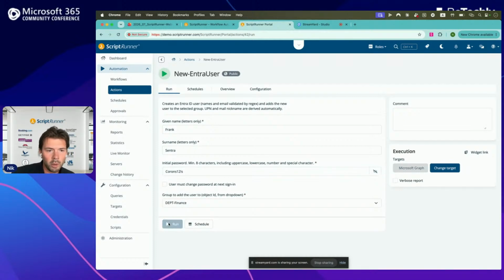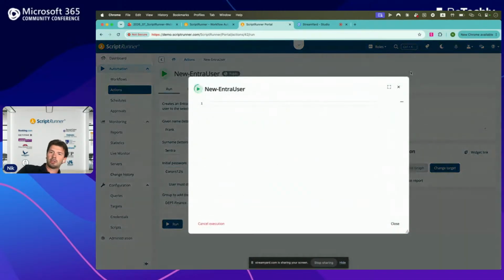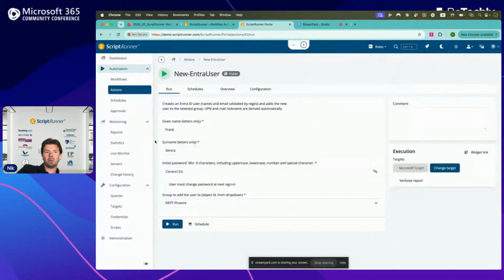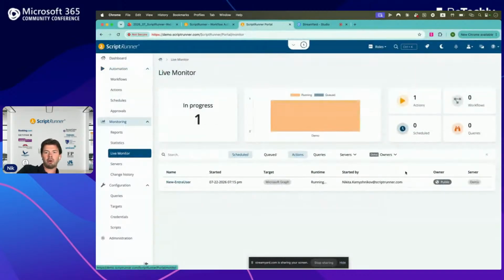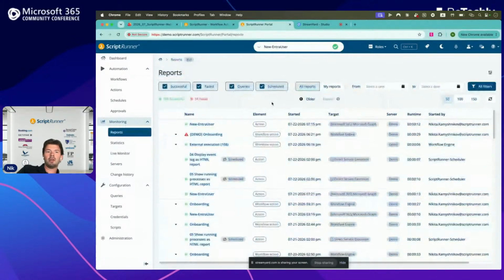Right. So once we click run, this action has been started, and this is your scripting part, right? You don't have to wait. The cool thing here is you have a live monitor where you can see what's happening. The moment this has been executed, we see this notification, and we come to reporting, and this is one place where you see all your past executions. This is really great for